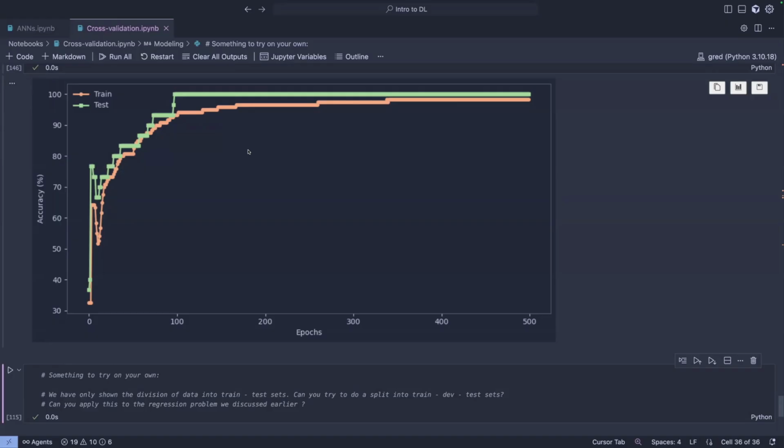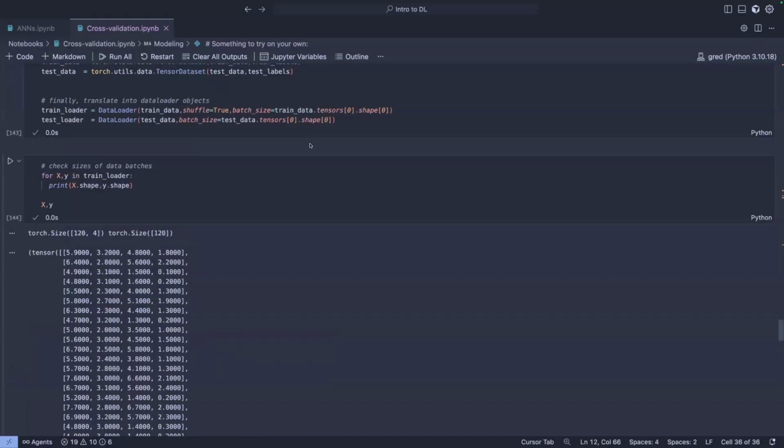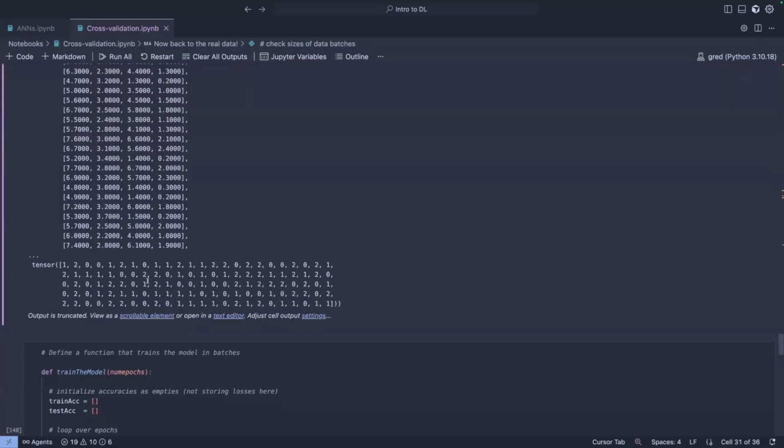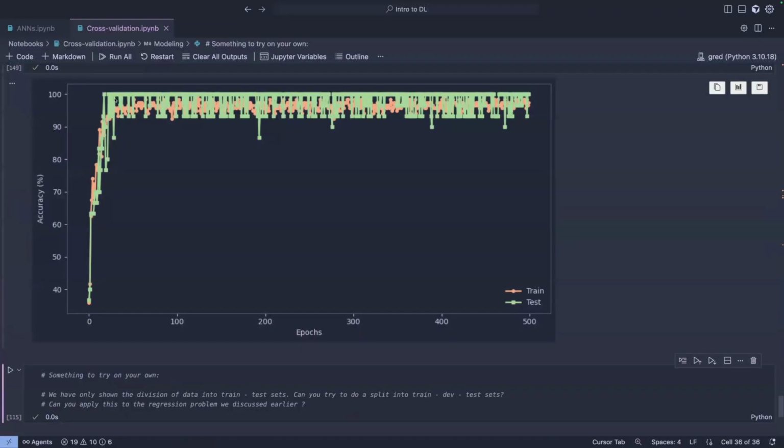So if you're doing this with a data set that has millions of examples, well, first of all, loading the entire data for training becomes a resource limitation because you need memory, you need RAM for this. So it's not practical. The second is it's going to take you way too long for the model to learn something if you're only updating the weights and biases one single time per epoch. So you see that once we set the batch size to batches of 12, the model was learning much quicker. If I go back to 12 here and run the model again, it's going to be really, really much quicker.